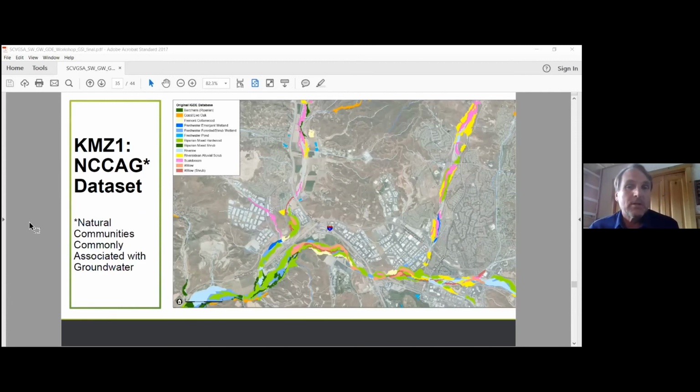KMZ1, this is the original data set. So you can see lots of variability, diversity, and habitat types. Looks like a really robust and healthy data set. And we started with a nice